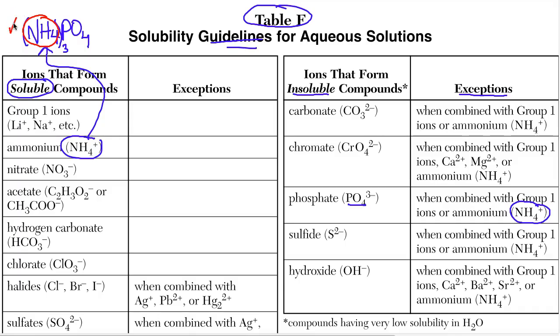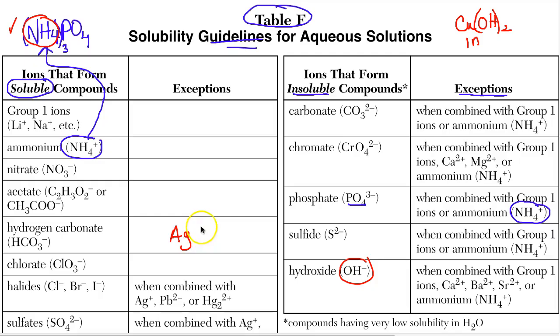Now if you look at our other choices, we had copper hydroxide. Now we don't have copper anywhere here, but here's our hydroxides. They're normally insoluble. It doesn't have a high charge, but it's a very small ion, so that's kind of the reason there, but not part of this course. When combined, there are exceptions. So hydroxide is normally insoluble, and is copper an exception? No. So copper hydroxide is insoluble based on these rules, and they're looking for the most soluble. The other choice was silver